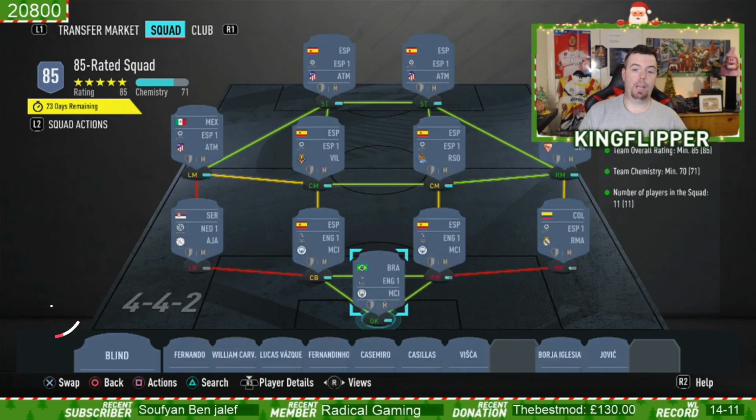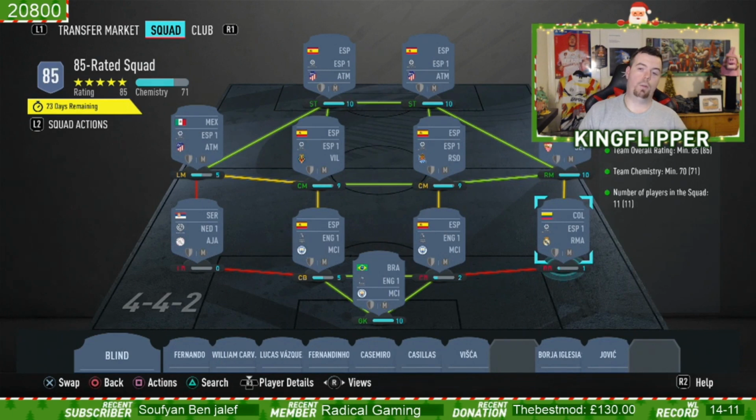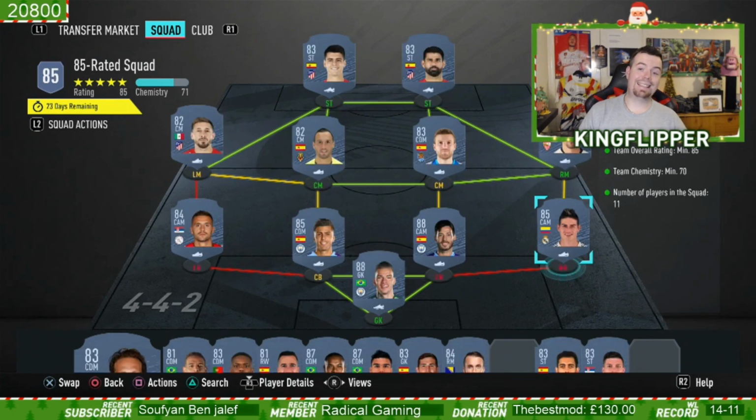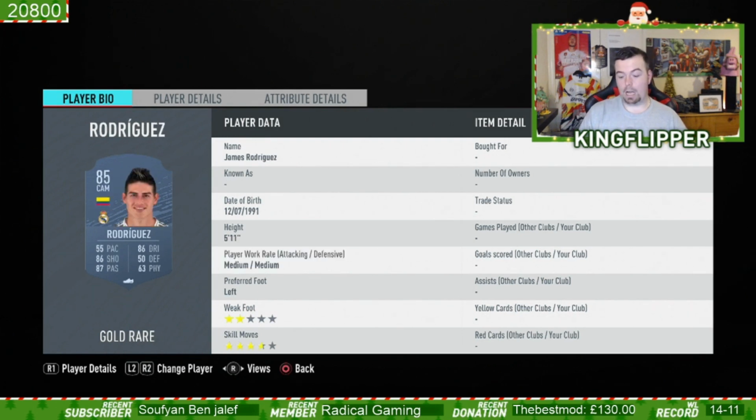Again, I've gone cheapest 84 rated player, which is actually, well, it's not Tadic anymore, it's actually someone else, but Tadic is one of the cheapest 84 rated players. We have Rodriguez, cheapest 85 rated from the La Liga, and the rest is La Liga, and then we have some Premier League players. So we start off Edison, 27,000 coins, one of the cheapest 88 rated cards at this point in time. Rodriguez is 8.8k, again one of the cheapest 85 rated cards, but obviously you do need him because